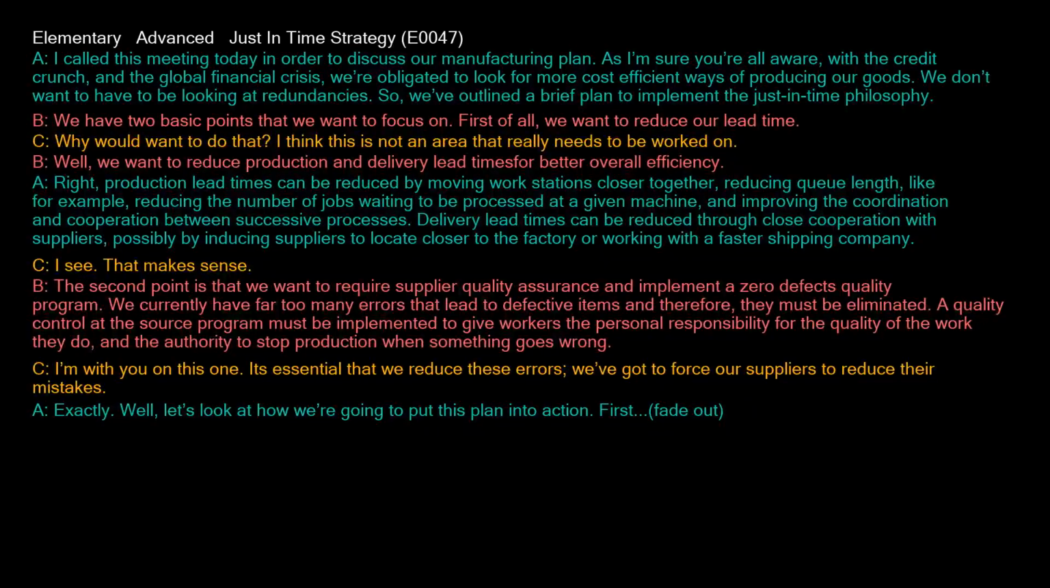I'm with you on this one. It's essential that we reduce these errors. We've got to force our suppliers to reduce their mistakes. Exactly. Well, let's look at how we're going to put this plan into action. First,